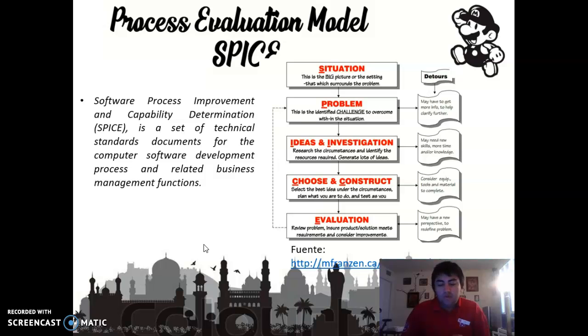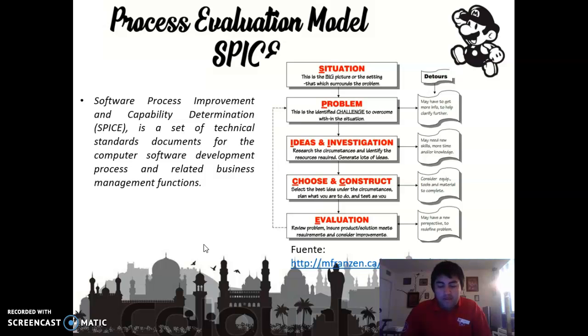So the concepts of process include all the activities that we carry out and that are defined in this model that we cannot change. So, for example, we have to establish the methodology. We also have to establish the roles: the developers, the analysts, the head of the project, if there's an architect, and we also have to assign responsibilities. For example, developers for the programming. There are analysts that review code and find errors and bugs, and they have to do certain documentation and follow certain processes and certain formats too.